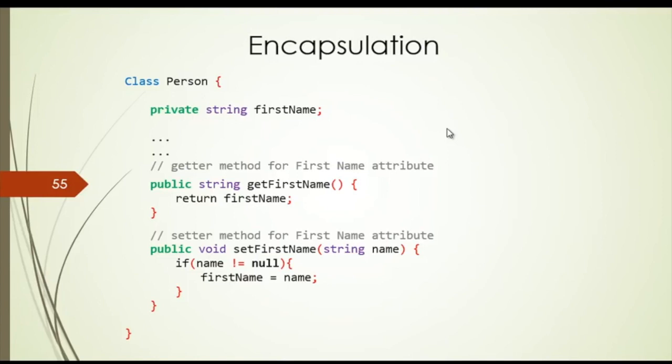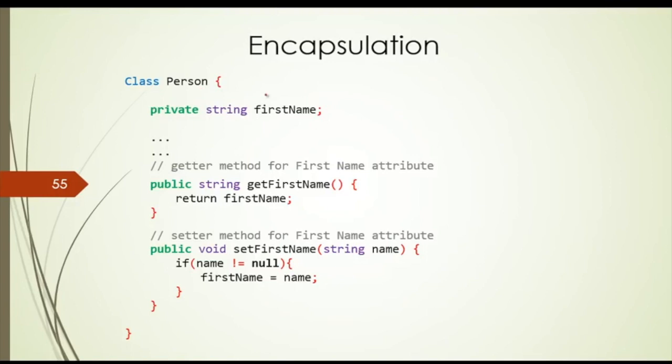But let's really see how other programming languages encapsulate, and then we're going to the C# way. This way still works in C#, but C# has a better way to deal with it. So let's see how other languages do the encapsulation. Let's say you have a first name field in your class, and to hide this field, you really don't want to express it as public. So far you have the access modifiers because I talked about it. If you don't know access modifiers, go back and watch the video again.